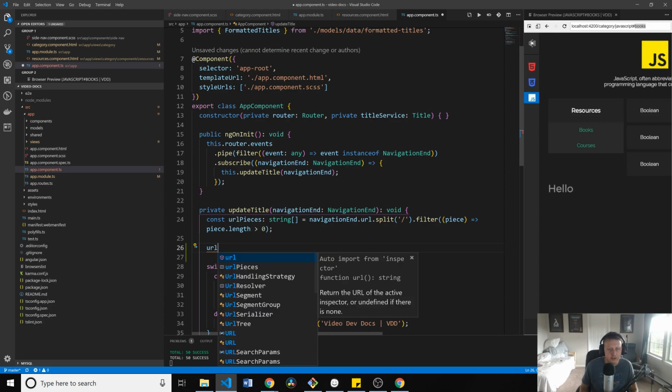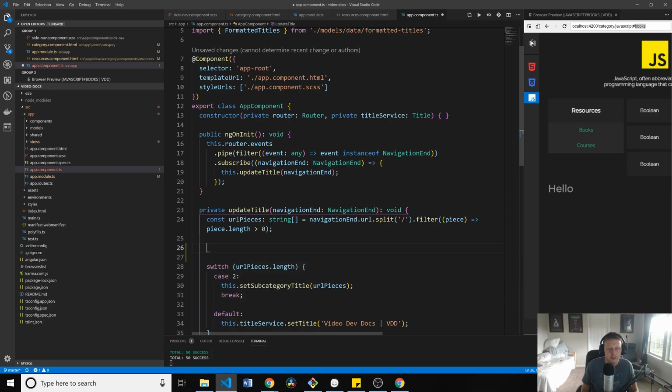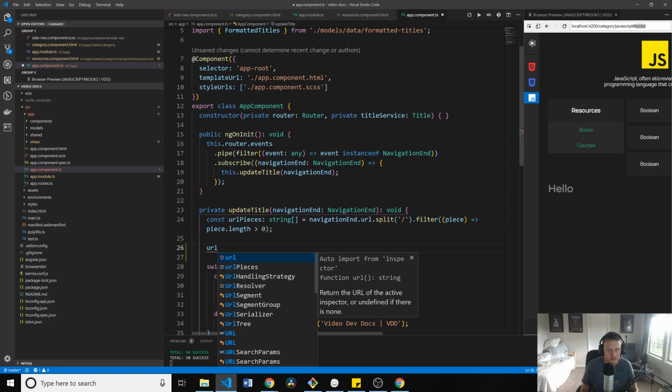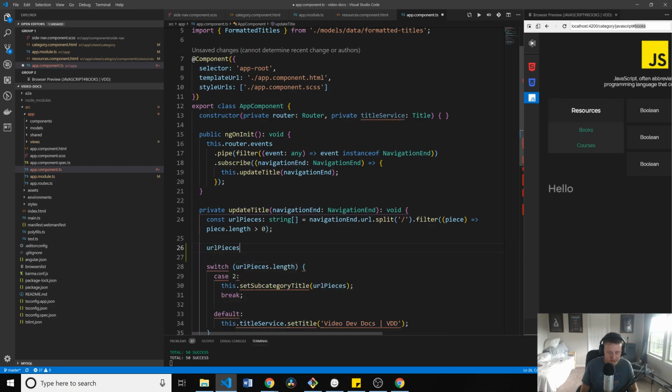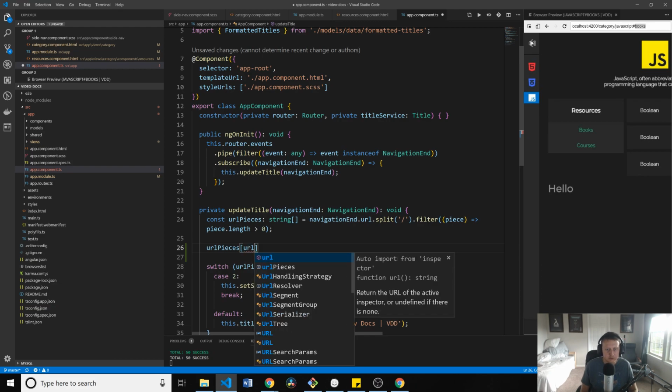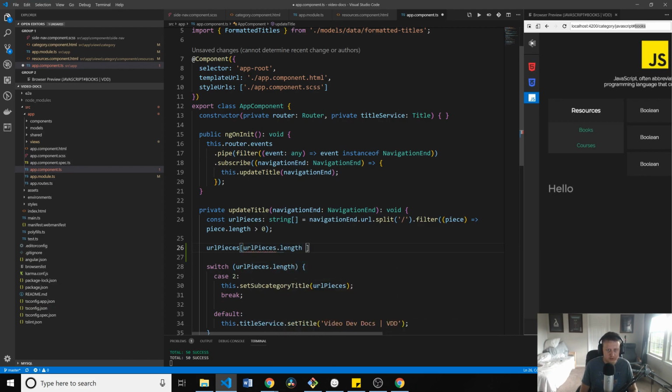So we'll say URL pieces dot URL pieces dot length -1, and here we'll say this is equal to,